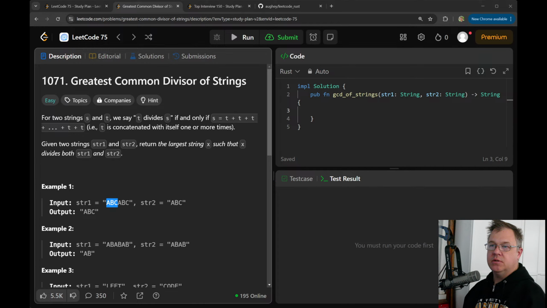Because, assert grow string ABCD. Let's collect that. Let's do our bang here. So this is going to return A, AB, ABC, ABCD.